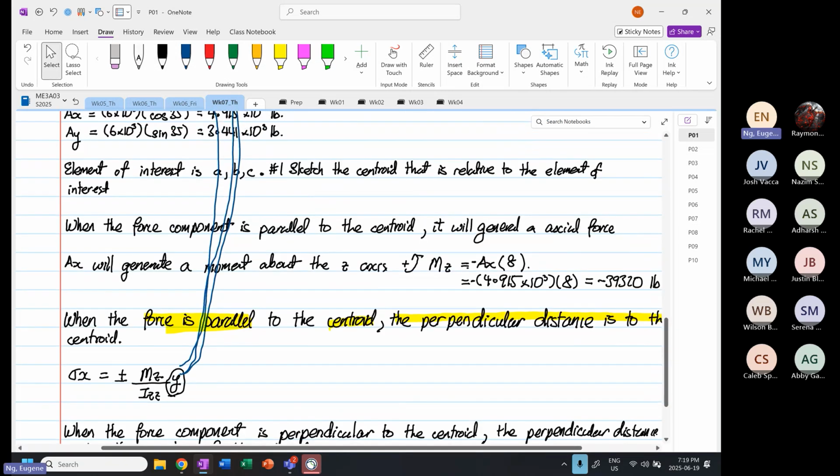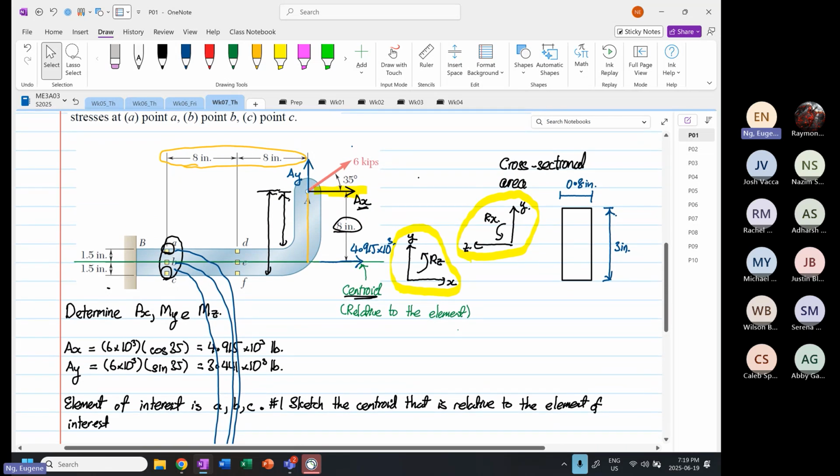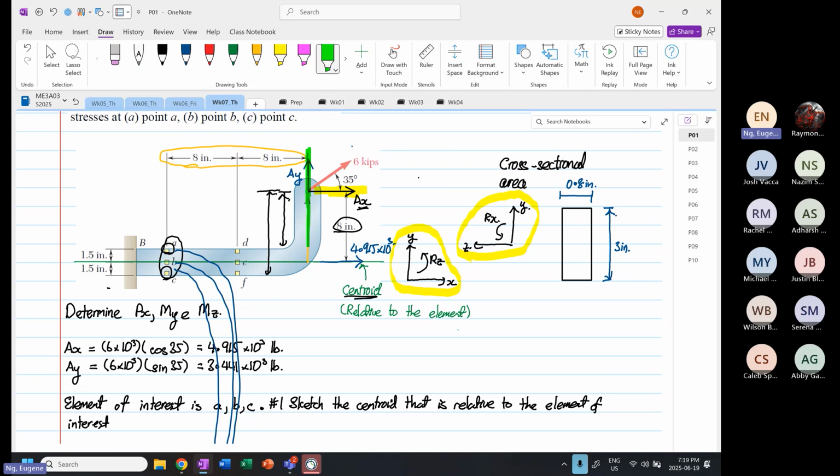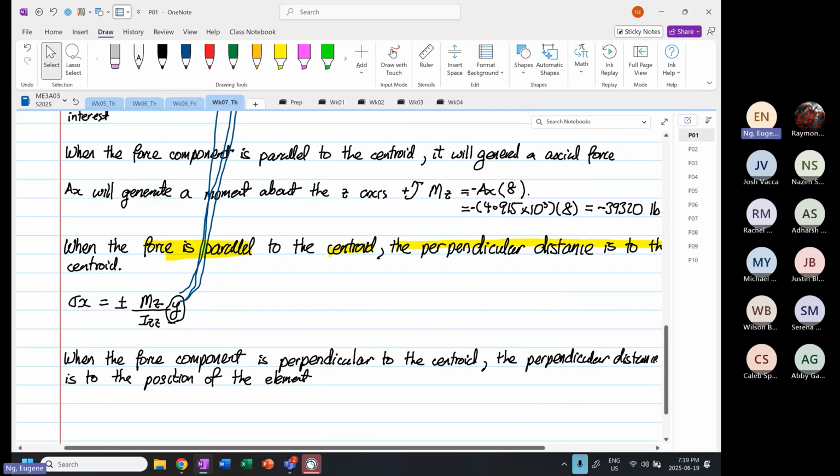Okay, so for this case, right, AY, now we're going to focus on AY. AY, right, we already declared it's perpendicular, right, to the centroid of interest. So the perpendicular distance is 8 plus 8. Okay, it is still going in moment in the z direction. Okay, so we are going to now look at